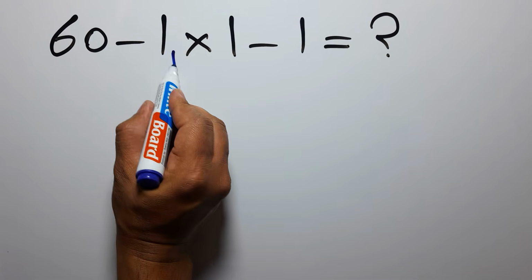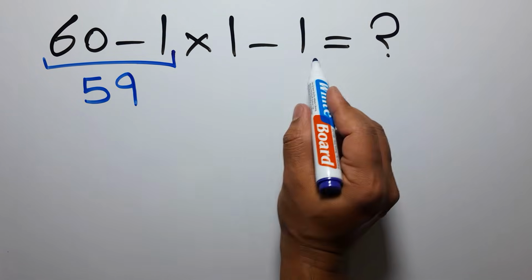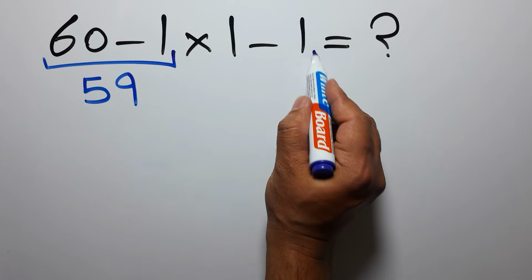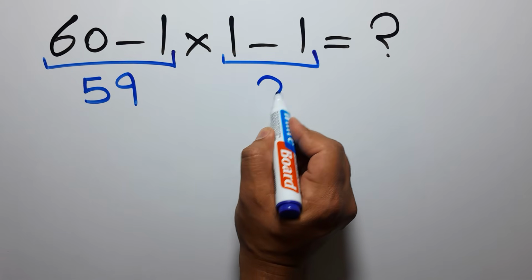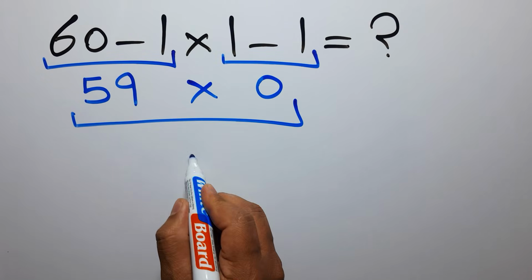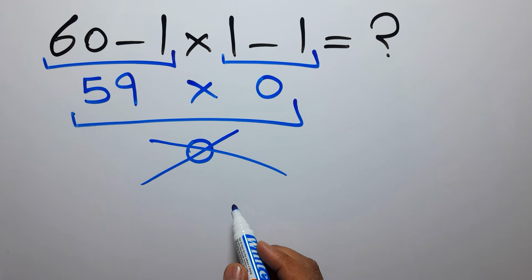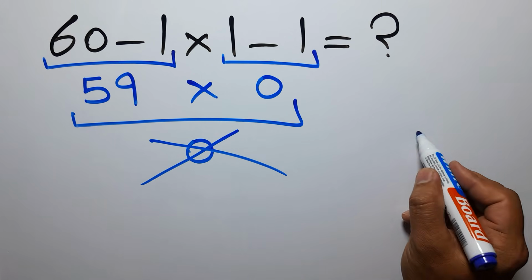60 minus 1 gives us 59. And here we have 1 minus 1, which equals 0. So 59 times 0 equals 0. But this answer is not correct, because according to the order of operations, which is PEMDAS,